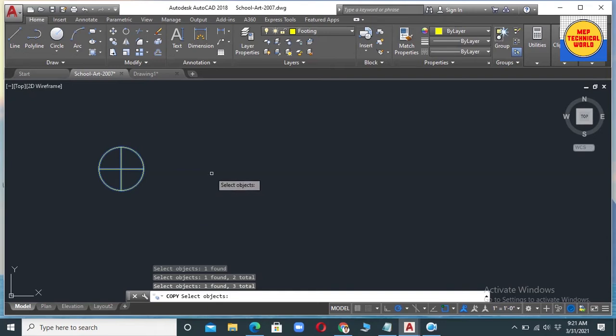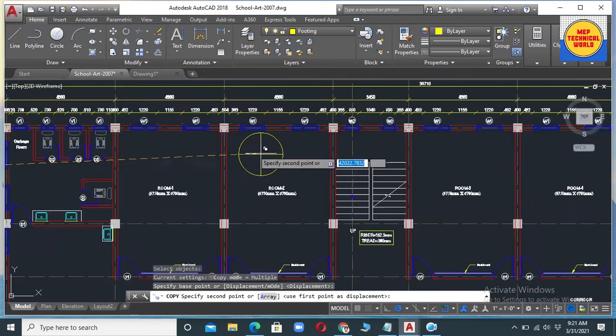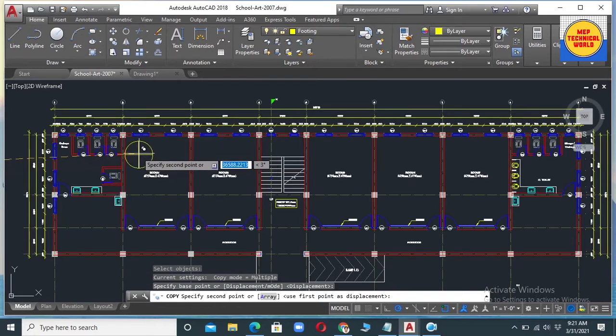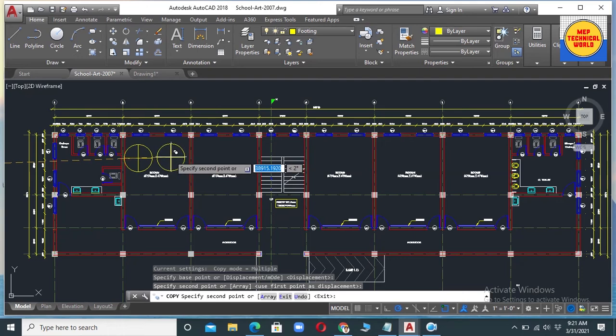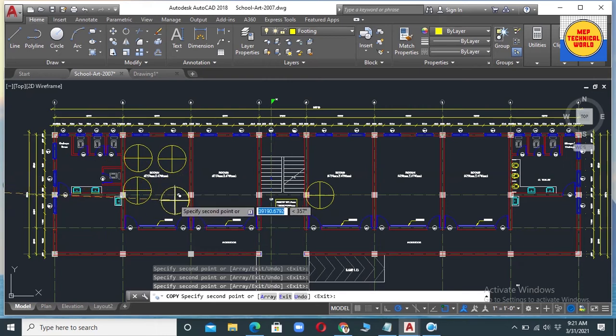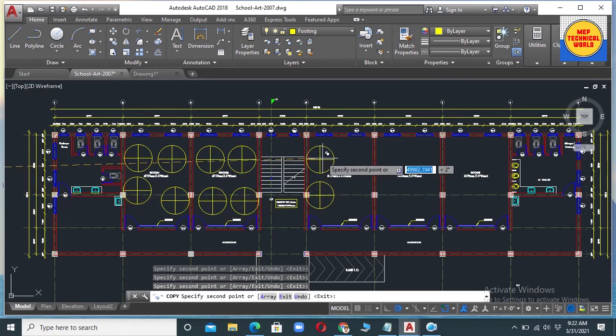Now let's copy this light in this classroom. In this way we can place the light.